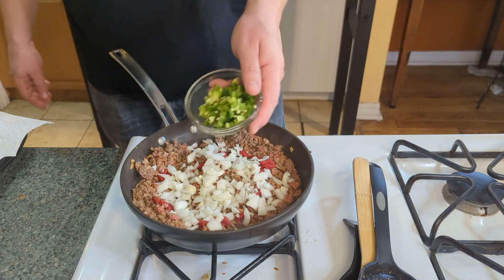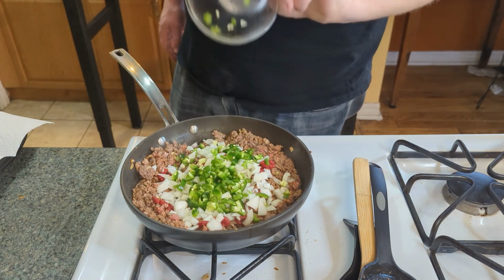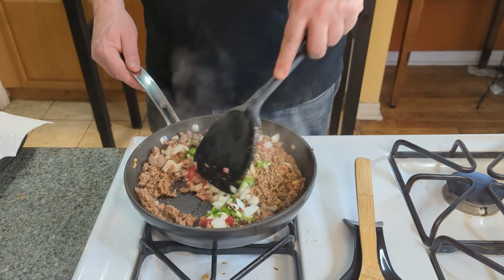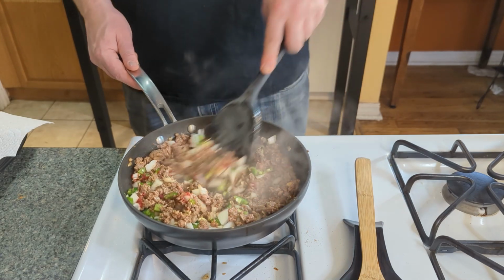And I'm throwing in 1.5 chopped jalapenos with the seeds. I chopped these ahead of time. Remember to use gloves when you chop those or stay away from your eyes. Now I'm going to mix all these in. Once this is good and mixed in and that tomato paste is kind of coating everything, we can go ahead,